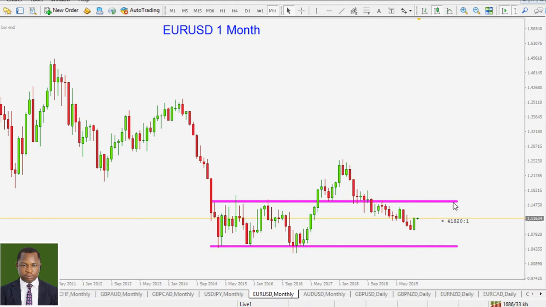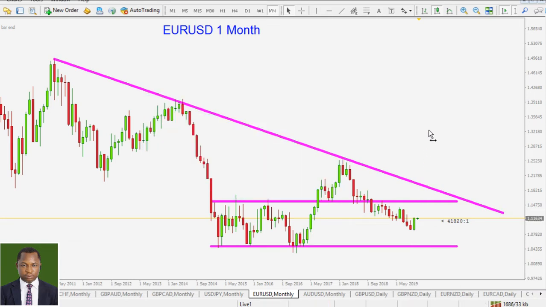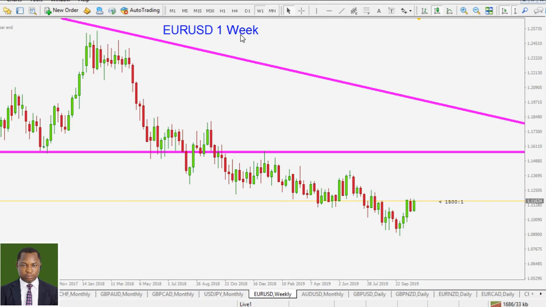For now, there is nothing else in the monthly time frame except if you want to begin to keep this one. Okay, we can just keep it. All right. Can keep that one. That's the focal point. A retest, another retest zone, resistance anytime price goes there. So we'll keep those three lines. I actually do not like keeping more than 3 lines in the chart for a particular time frame. All right, let's move into the weekly time frame.